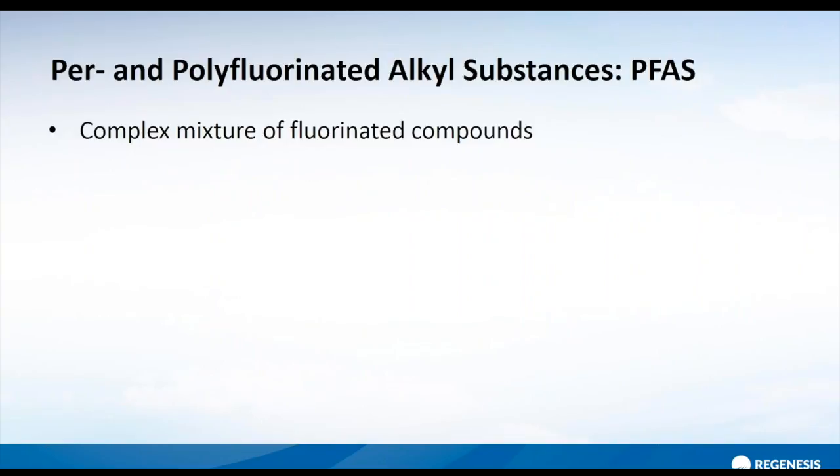So I'm not going to spend too much time going through the background, as I'm making an assumption that most people are at least familiar with this problem. However, I do want to highlight the problem in light of what the difficulties and challenges are in addressing them in groundwater and soil. So when we talk about per and polyfluorinated alkyl substances, or PFAS, we're really talking about